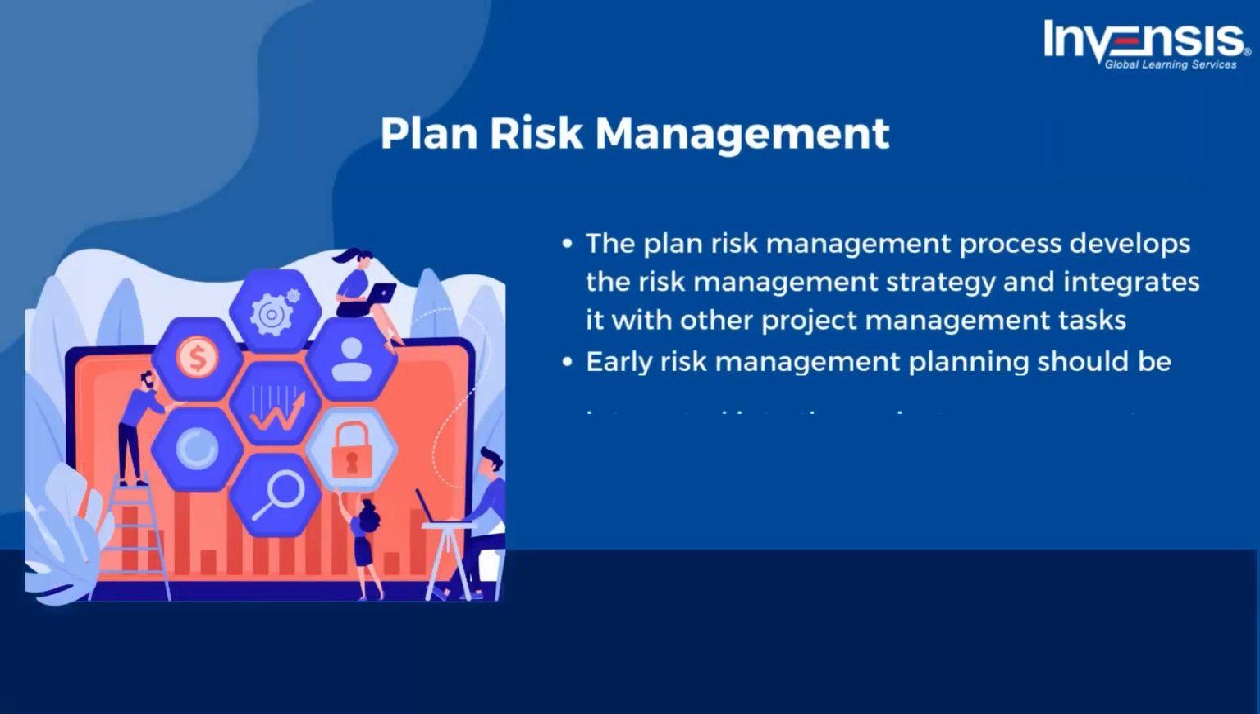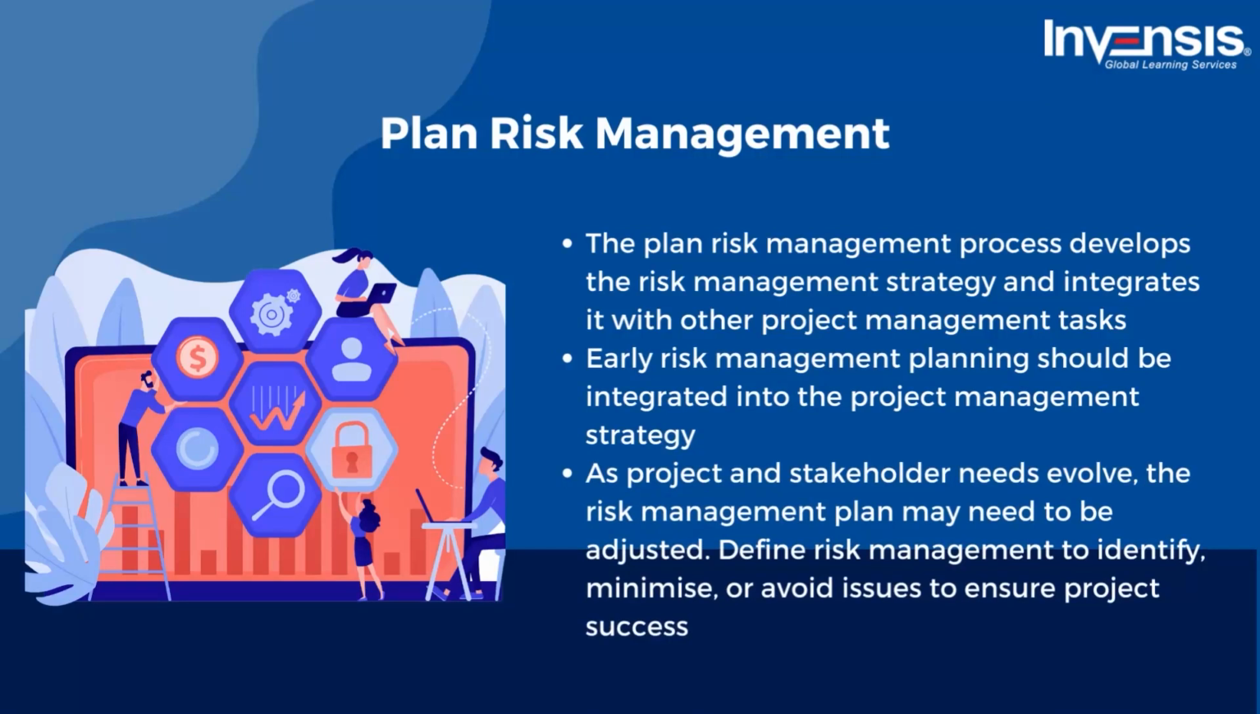The first process that we have on the list today is plan risk management. The main objective of the plan risk management process is to develop the overall risk management strategy. Here you will decide how the processes will be executed and integrate them with all other project management activities. Effective risk management requires the creation of a risk management plan. This plan describes how the risk management processes should be executed and how they fit in with the other processes